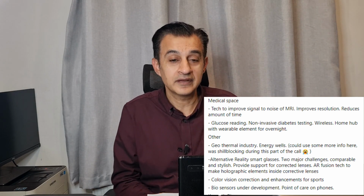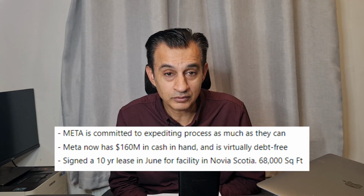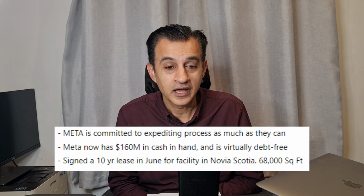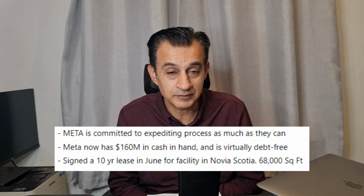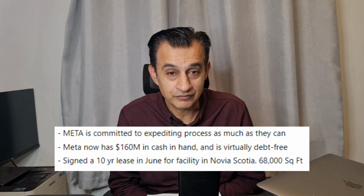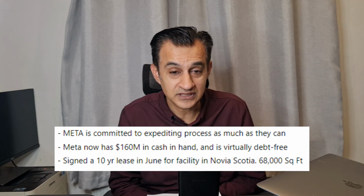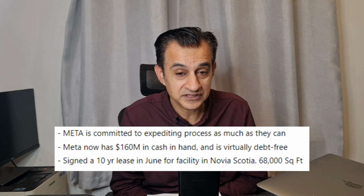And finally, at the end, I think some of the key things I also picked up is that Meta is committed to expediting the process as much as they can in terms of receiving our dividends. It also has confirmed they have just in excess of $160 million in cash. They are virtually debt-free. They've signed a 10-year lease for a facility in Nova Scotia, which is around about 68,000